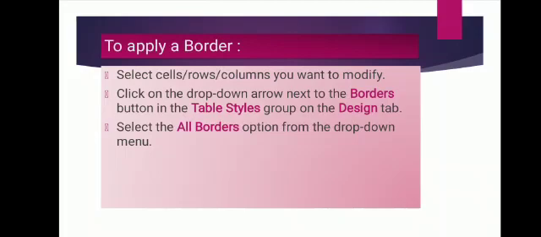When you click on the border button, an arrow is given after that. Then the table style will open. Then select the all border option from the drop down menu, and the border will be applied on the selected cells, rows or columns. Okay. Now simply select the cells, rows and columns you want to modify. Then with the help of the border button, you will select the border of your type and then it will change.